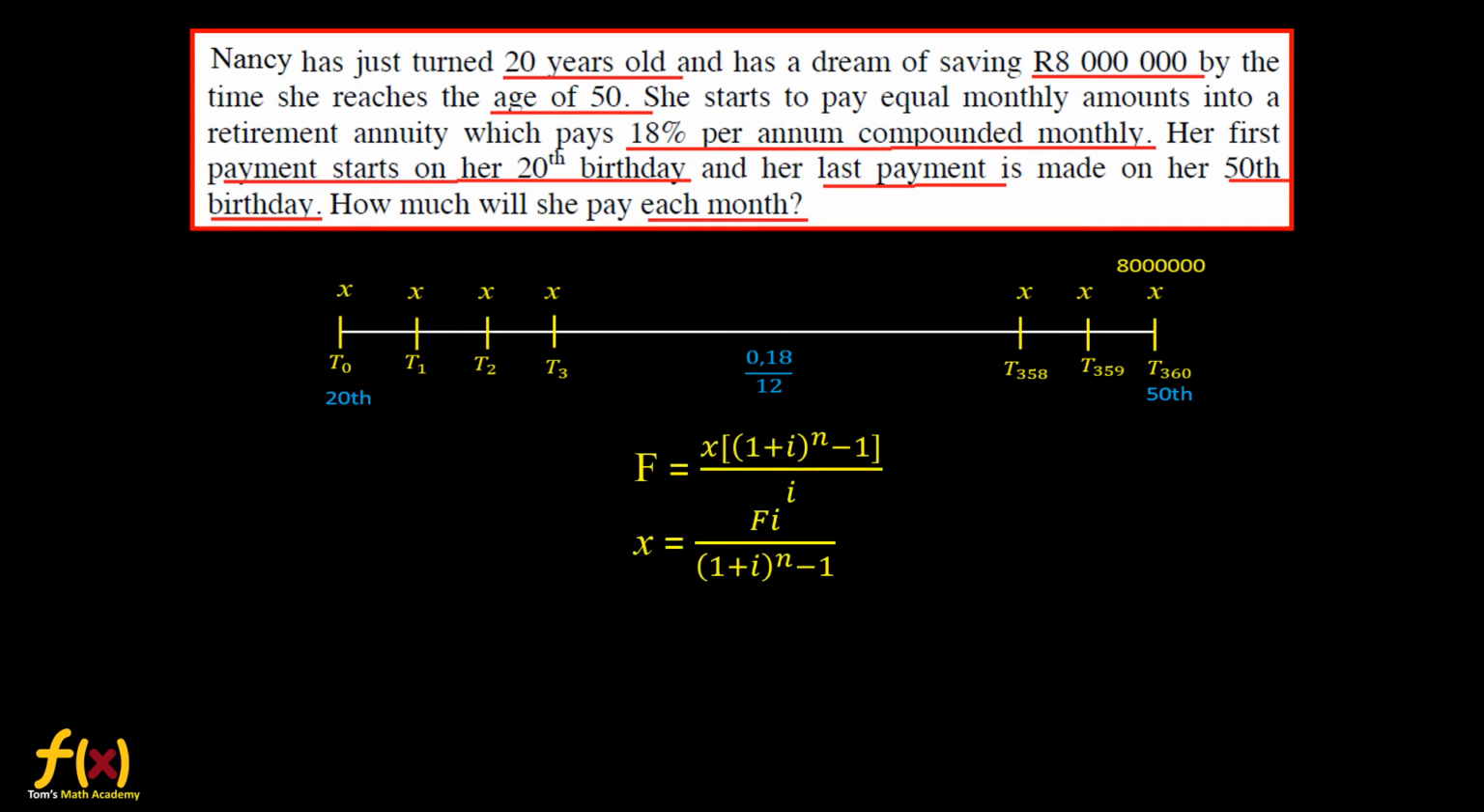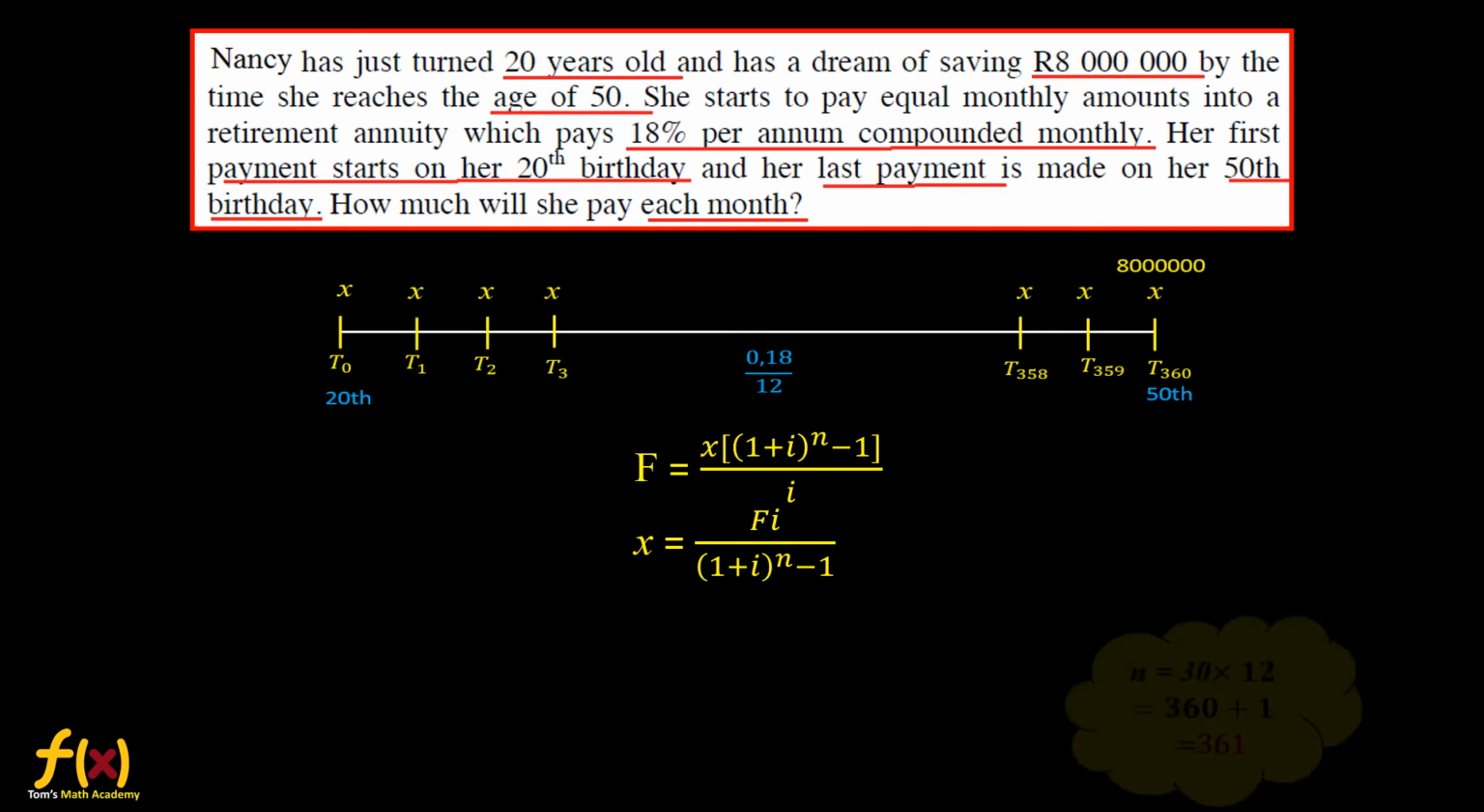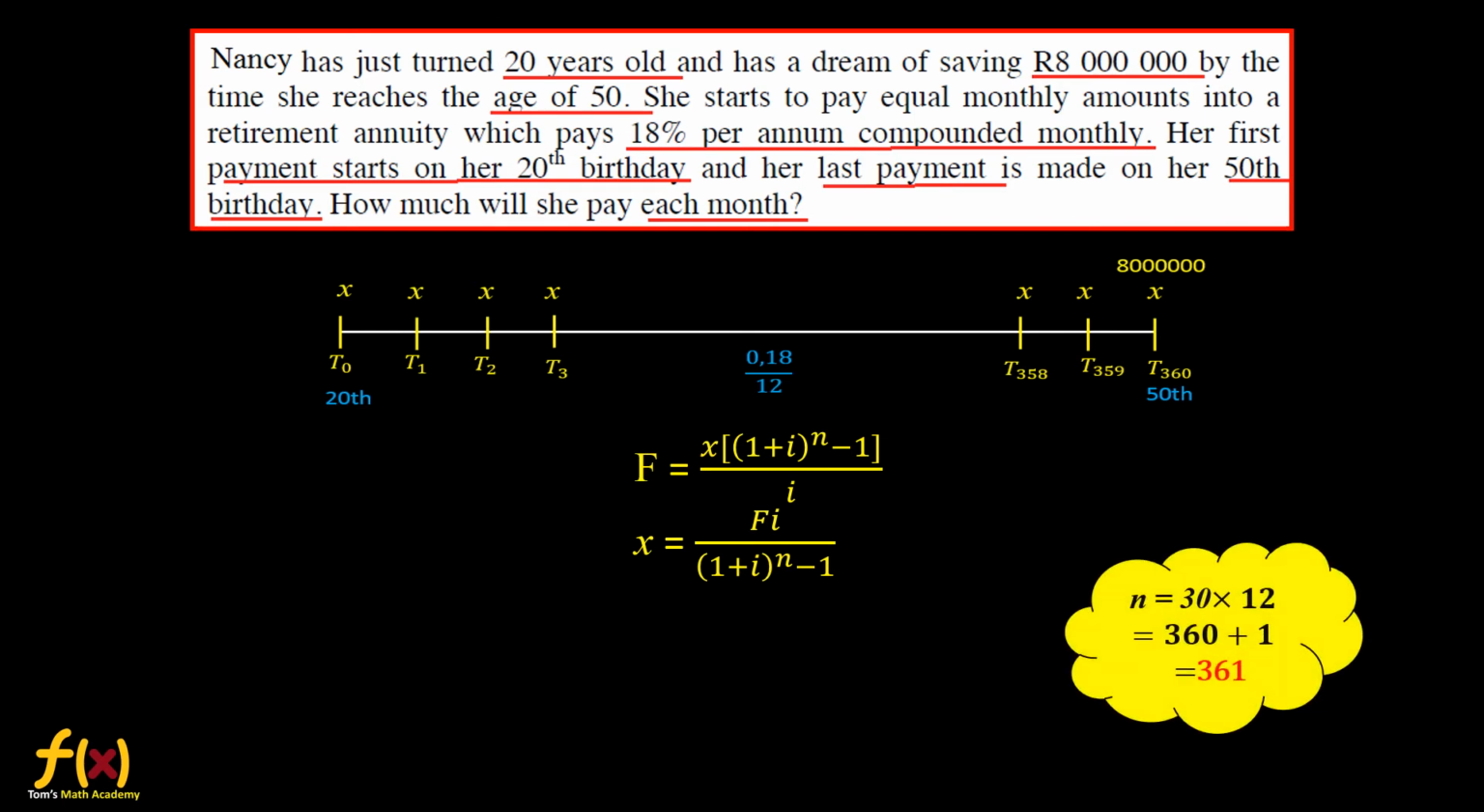Now we have the formula of F. From there we make X the subject. That is the easiest way. You solve for X, make X the subject of the equation. And then we get